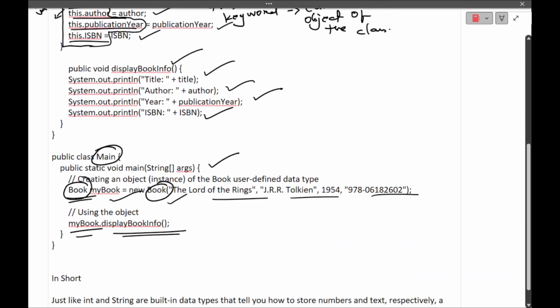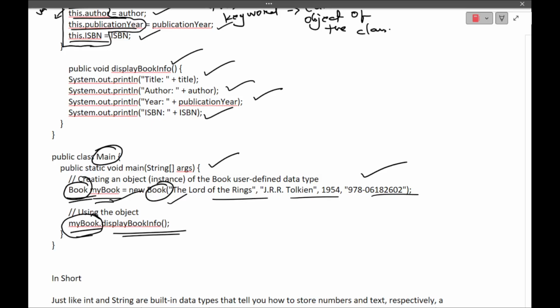Once things are public, I can create an object of any class in any of the classes if the things are kept public. So here I am creating the object for my class, that is book, and here I am passing the values inside the parenthesis. Okay, and this is my name of the object, and with the help of the object I am calling a function. Simple. Up to this you have understood. Now this is only a user defined method. If you have observed this particular area,